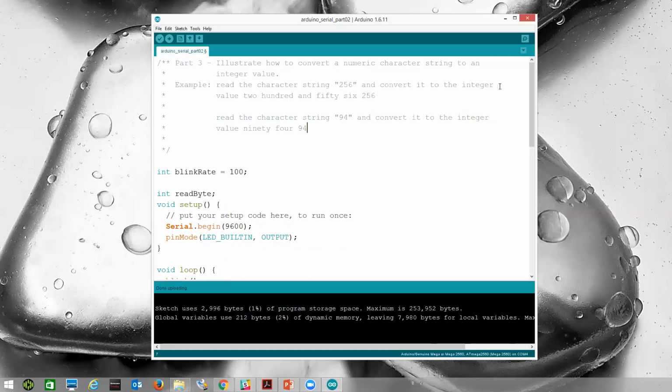Or maybe longer strings, maybe 4-digit strings. All right, so we want to take a look at the fact of